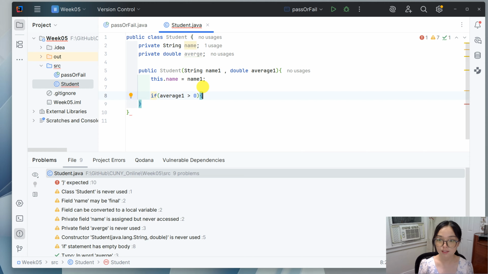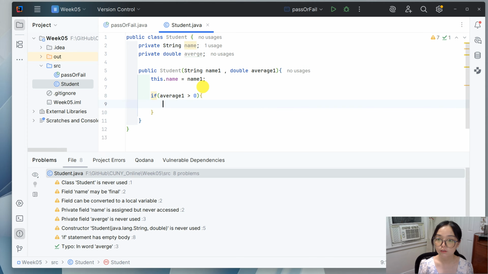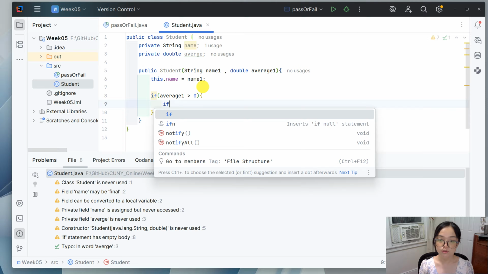So only in this case, we will pass the average1 to this object. And of course, it is not only above 0, it is supposed to be smaller than like 100,